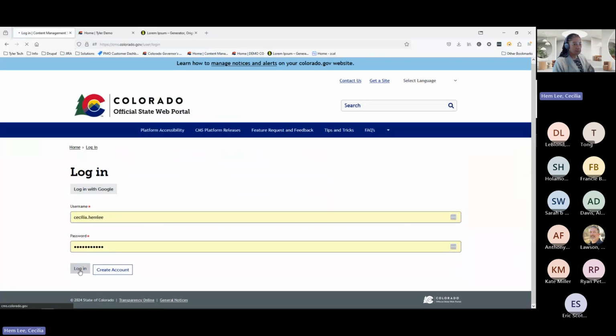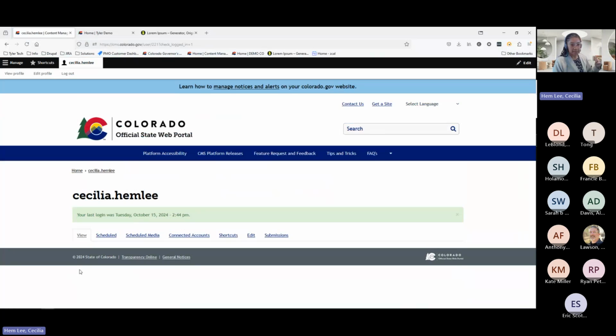I'm going to strike login, and this is the back end. Now, a few visual indicators that you are authenticated is the presence of the main navigation. This is your main administrative menu at the top. It is a black one with a kind of silver gray sand color that you could toggle different opportunities at